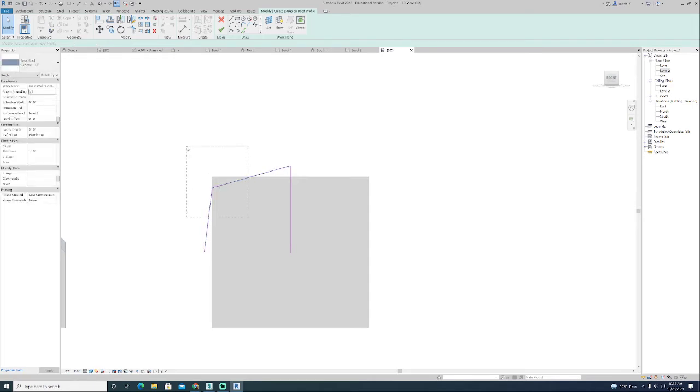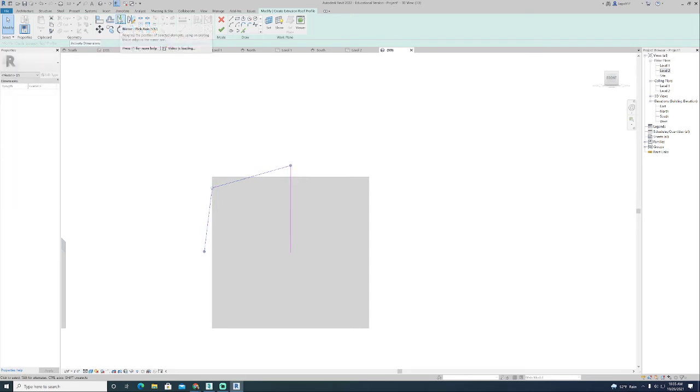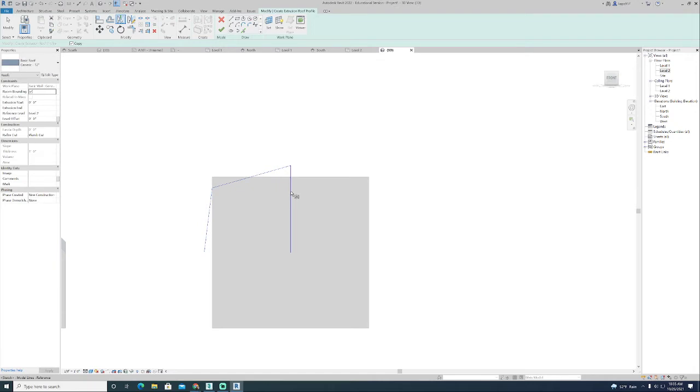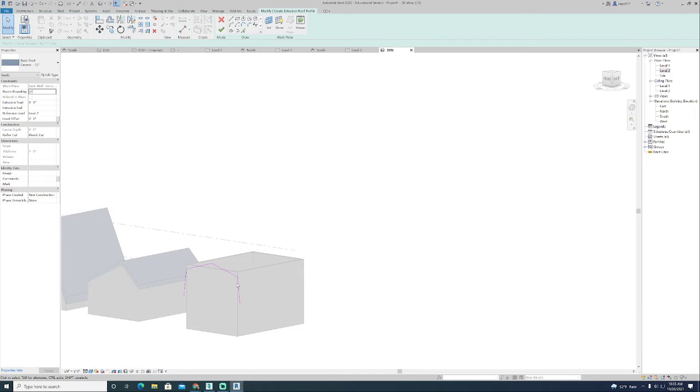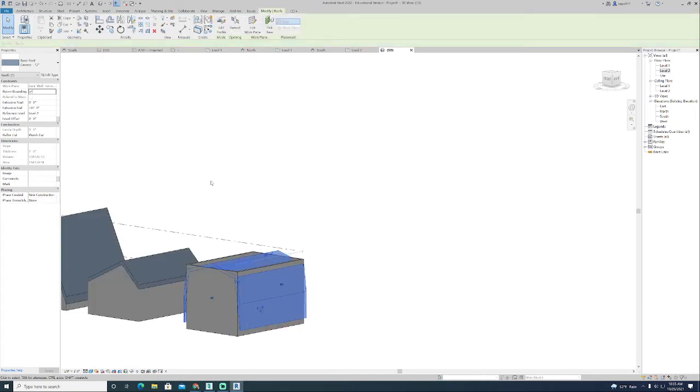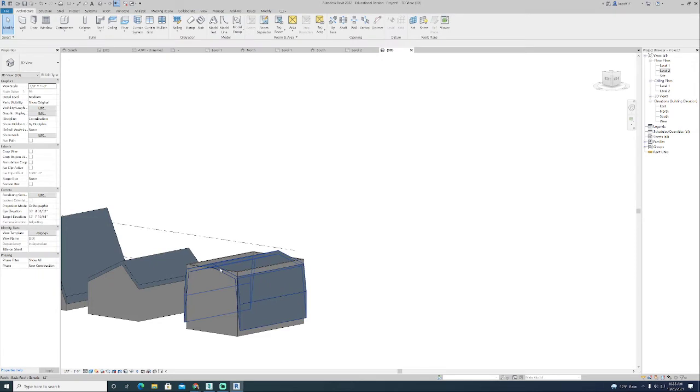So to do that, we're picking those two lines. We're going to use our mirror tool. We're going to select the mirror axis. The computer's going to mirror that geometry across the mirror line, and then I can delete that mirror line, which was just construction geometry. At that point, I'm left with 4 lines that are going to represent the shape of my roof. So I'll hit that little green check mark,